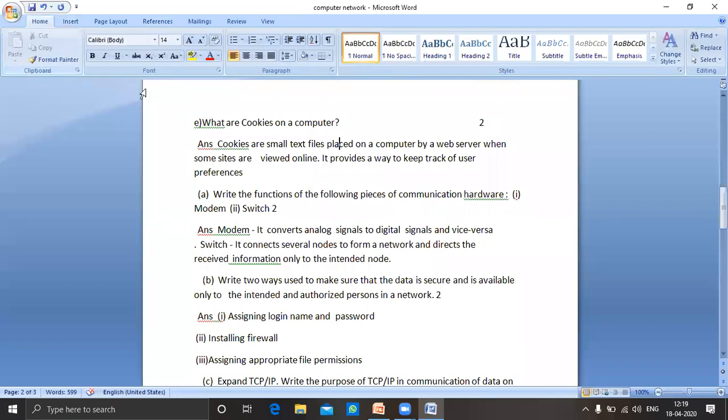These are the groups. Sometimes it is asked in exam questions what is the name of the tab or the name of the group from where you can change the font size. The group name is font and the tab name is home. Clear?